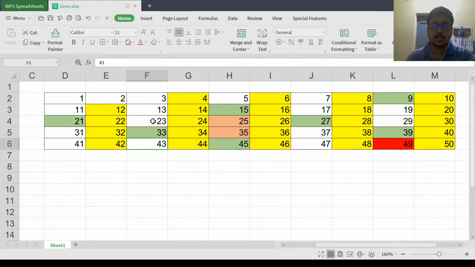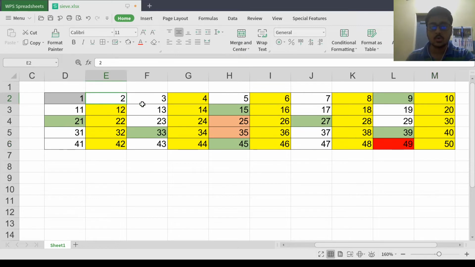Now another thing that I would like to explain is that out of all the numbers which I've marked here, the numbers which are not marked, except 1, because 1 is not a prime number, the numbers which are in white or not marked by any color, those are actually the prime numbers till a user limit, say 50.